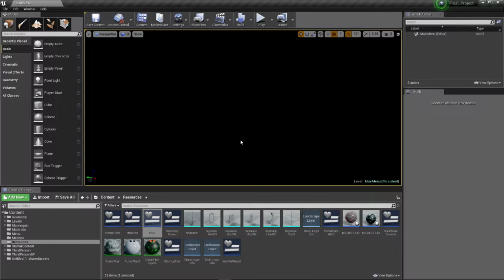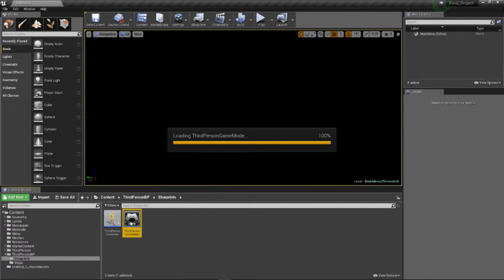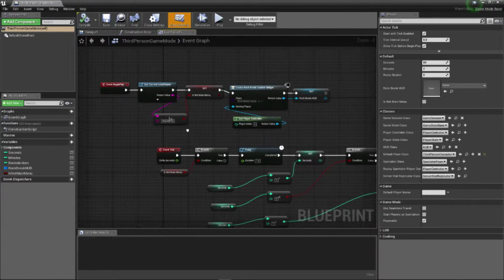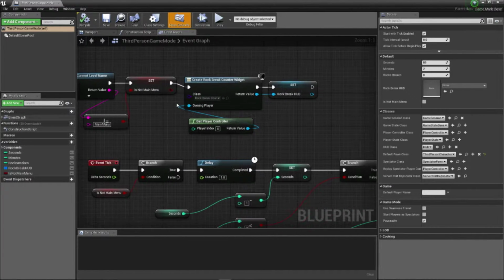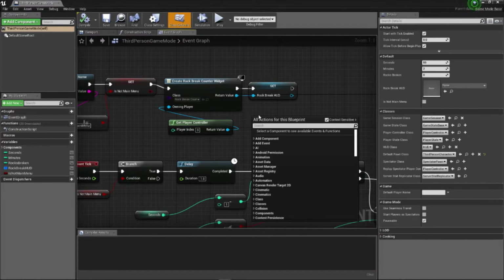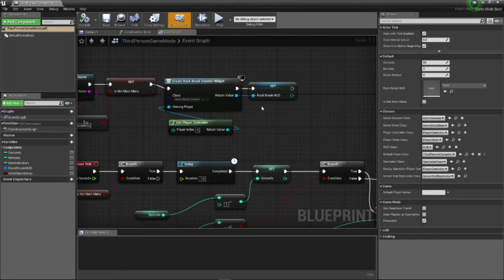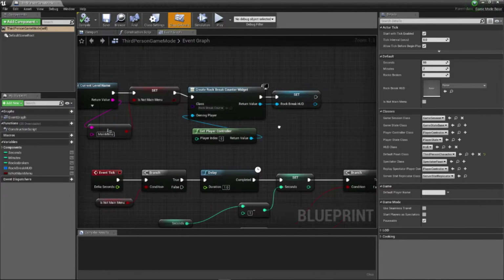Add variables to third-person game mode and third-person character blueprint. So down here, third-person game mode. Let's see. I added this one here to keep track of whether or not I'm at the main menu, so that the rock break counter widget, which shows 0 of 4 rocks broken as a requirement to open the portal in the second level, won't attempt to show